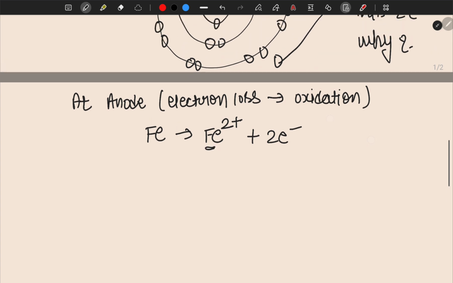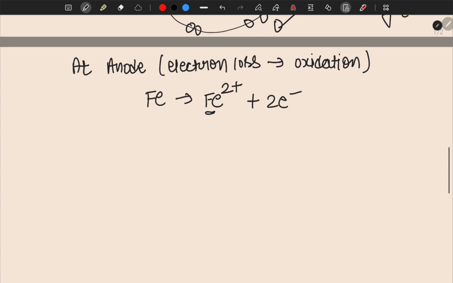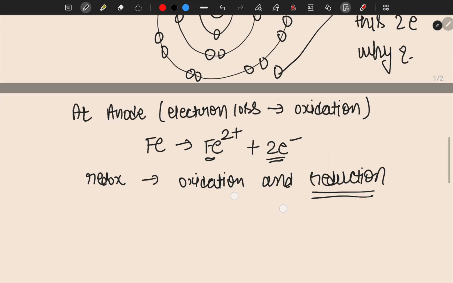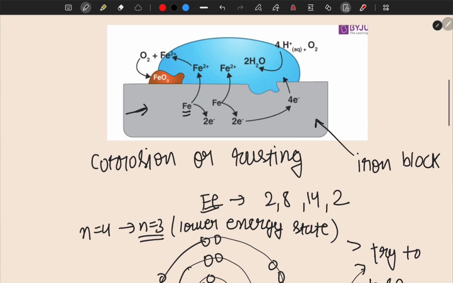As we know, in a redox reaction two things happen together, oxidation and reduction, because we have to balance the charges. So now we have to have reduction, but we have to worry about these 2 electrons also, from where they will go. If you can see from here, these 2 electrons will travel from here to